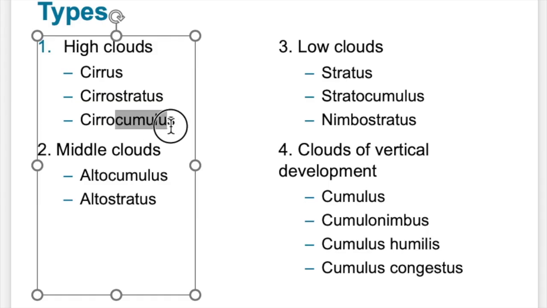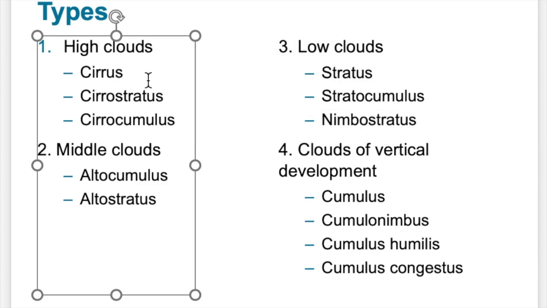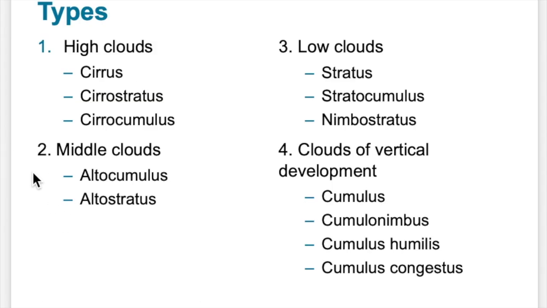So cumulus, we'll see that these are like cotton balls, and then stratus, we'll see this type of layer. With the middle clouds, we have altocumulus and altostratus, and for the low clouds, we have stratus, stratocumulus,